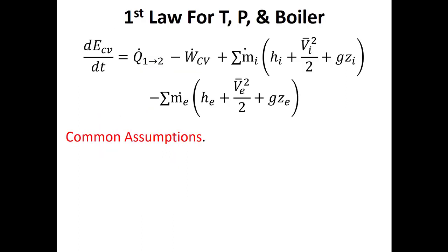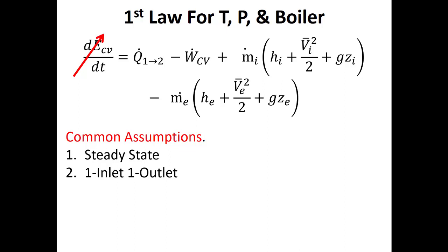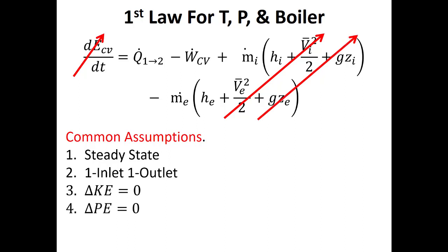So as we said, what we can do here is look at each individual component, right? We can always do this in one of these cycles. If we were talking about an ideal cycle, then we can look at the temperatures of the hot reservoir and the cold reservoir. But for real cycles and for ideal cycles, we can always go component by component. So that's what we'll do. We know that all of these different components are at steady state. There's always going to be one inlet and one outlet in this particular cycle. We're going to neglect kinetic energy changes and potential energy changes in all processes. We're going to go through each process.